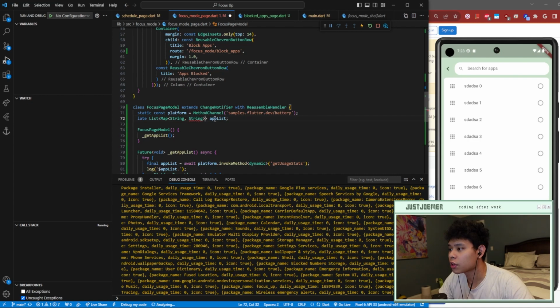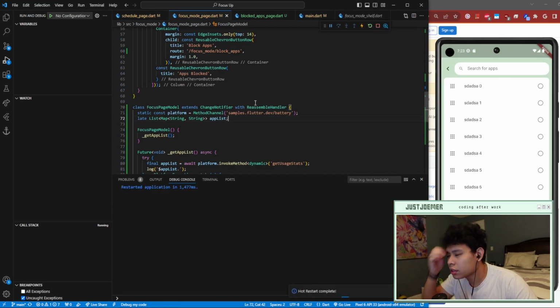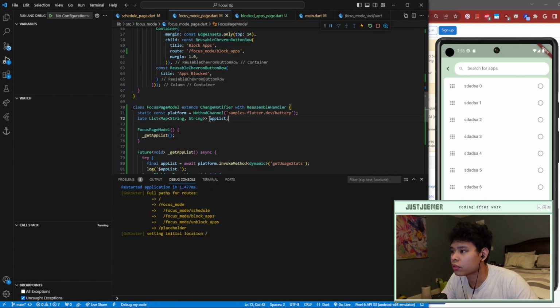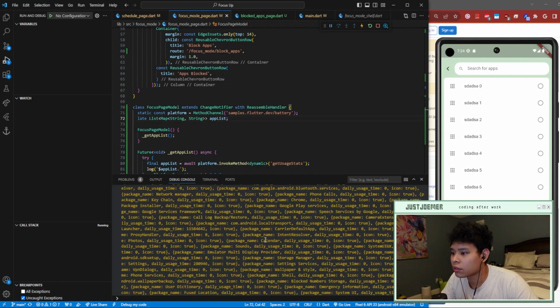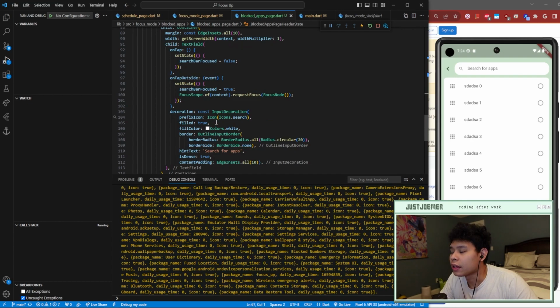Is it just not processing? Oh, it's the code analyzing. Okay. Let's save this and let's see. I'm pretty sure if we refresh, this will also check if this will work. Okay, it seems like it's working. Okay, cool. And then